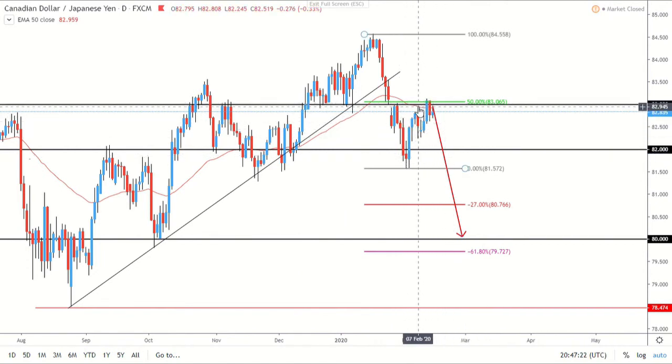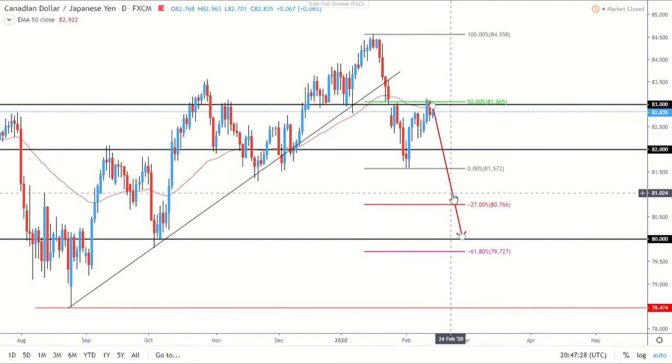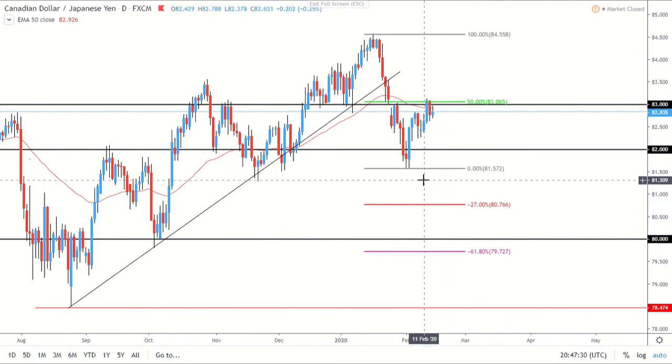We broke the daily 50 EMA and then reversed back out, so we faked out of that, and then we retested that successfully, and now we're looking to make our way down. So potentially for me, obviously CAD yen's a pair that I trade quite often, and I really do notice how it magnetizes between these levels, between the 80 and the 83 specifically. So I'm quite looking forward to seeing whether that's going to break down and, from the